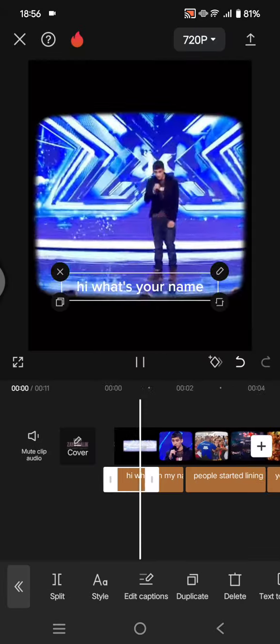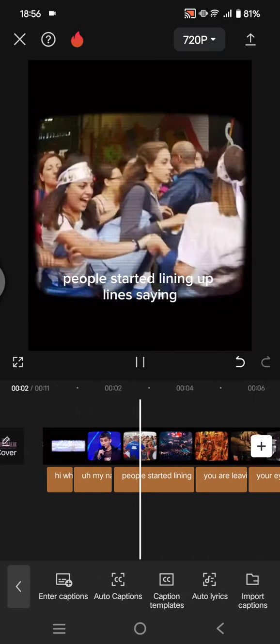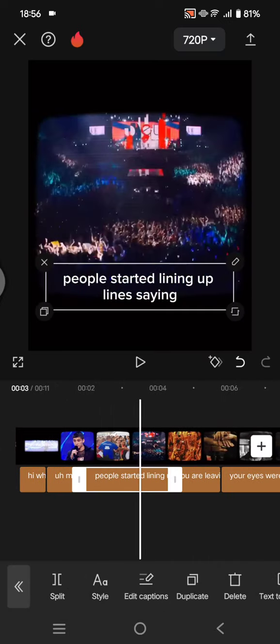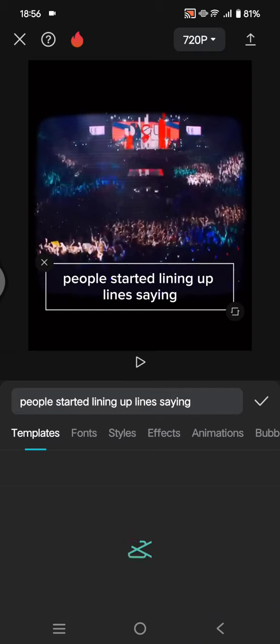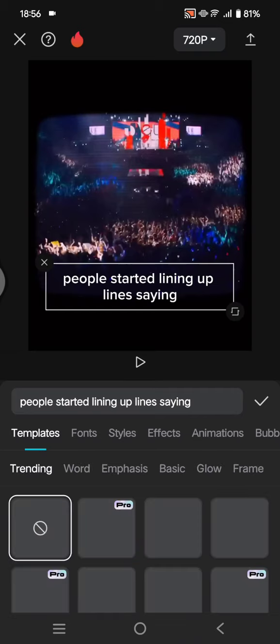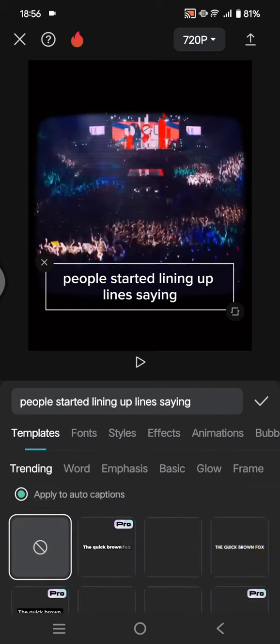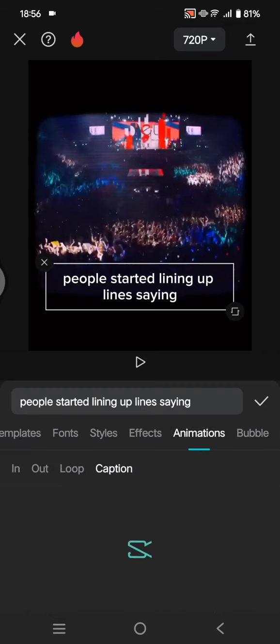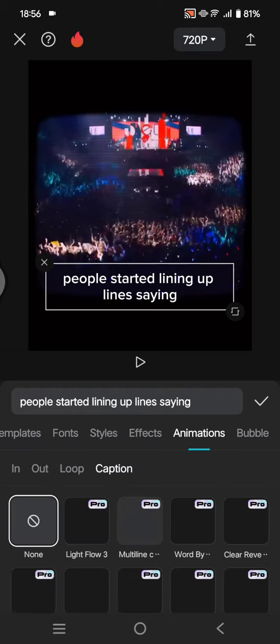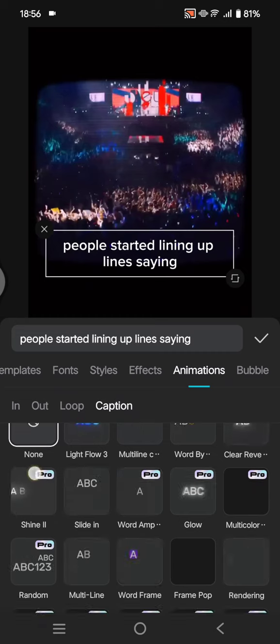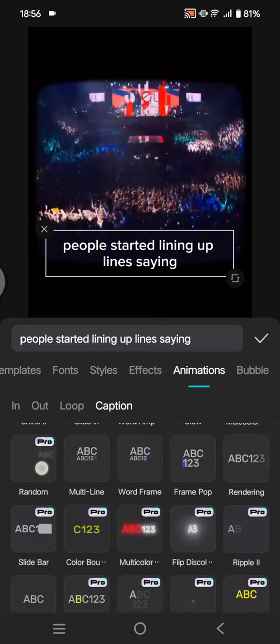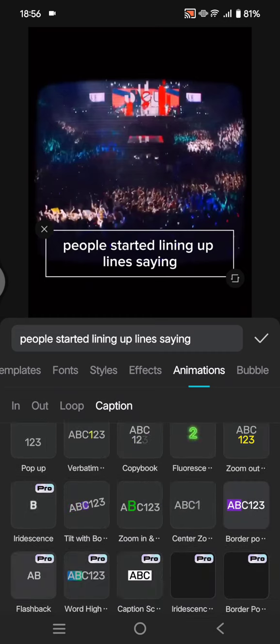After the caption is generated, click on one of the captions and go to style, and to create highlighting captions you can go to animations, click on the captions and find the border pop up, this one,